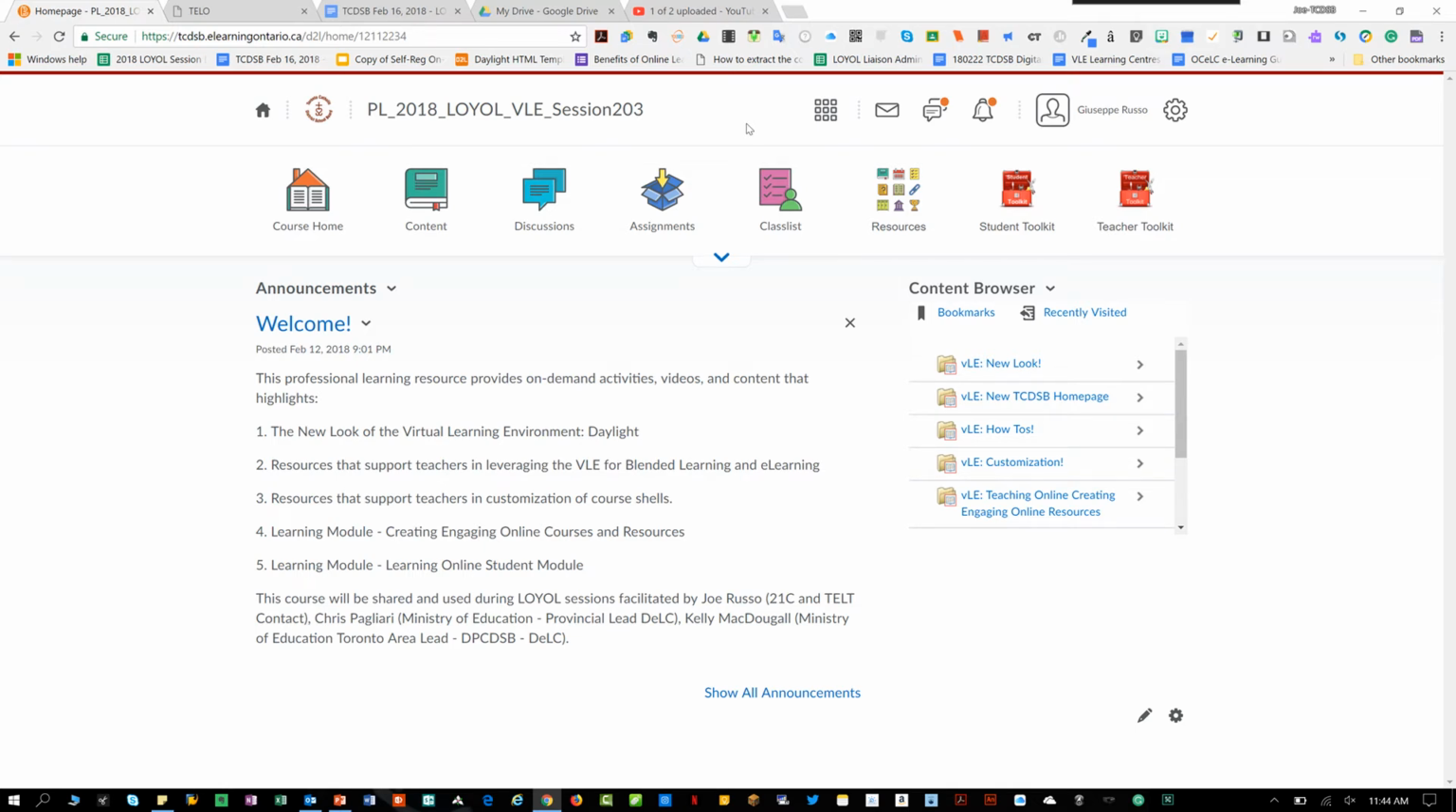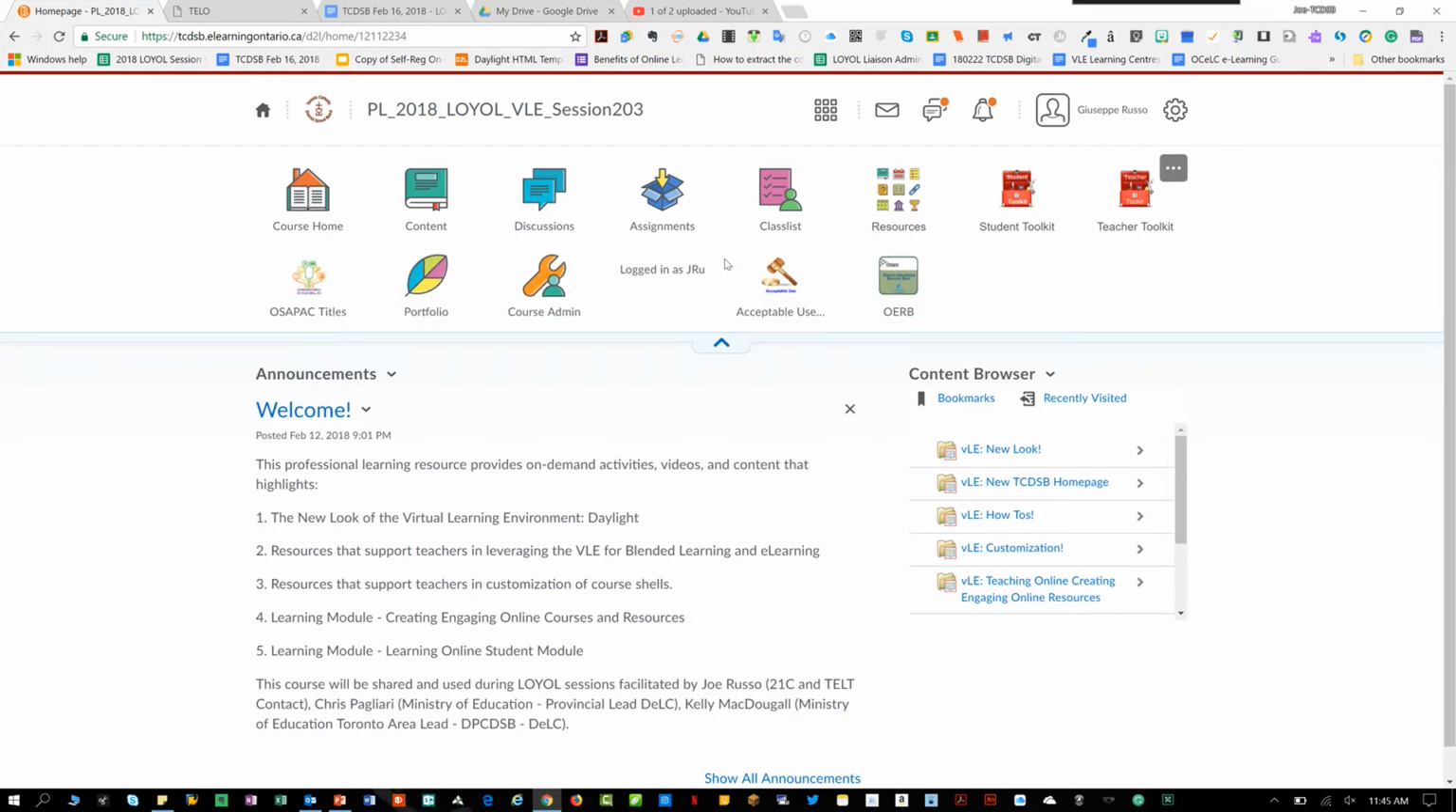We're going to focus on the new widget that's available. It's called the activity feed. So the first thing we're going to have to do is add the activity feed